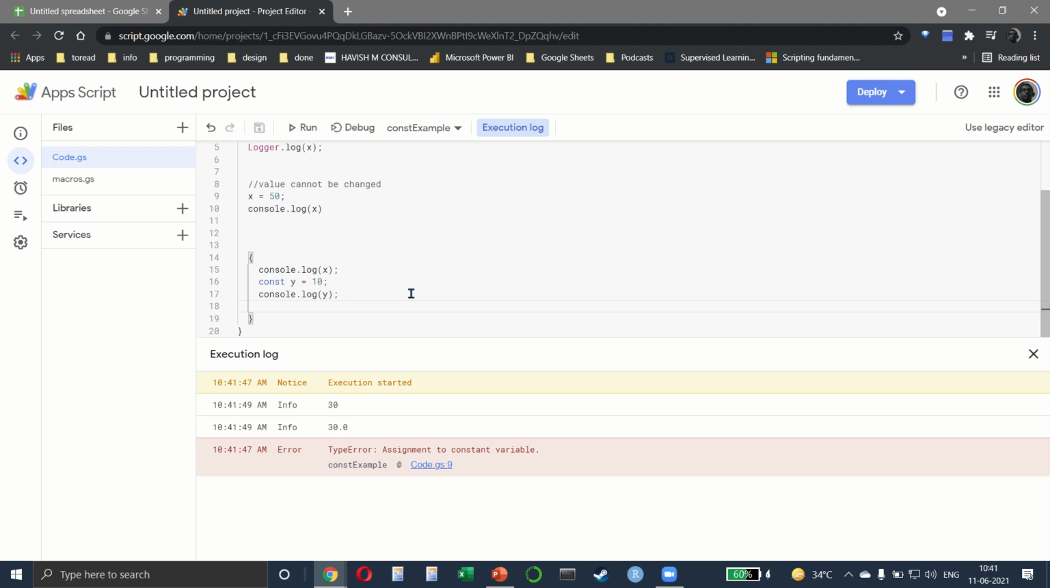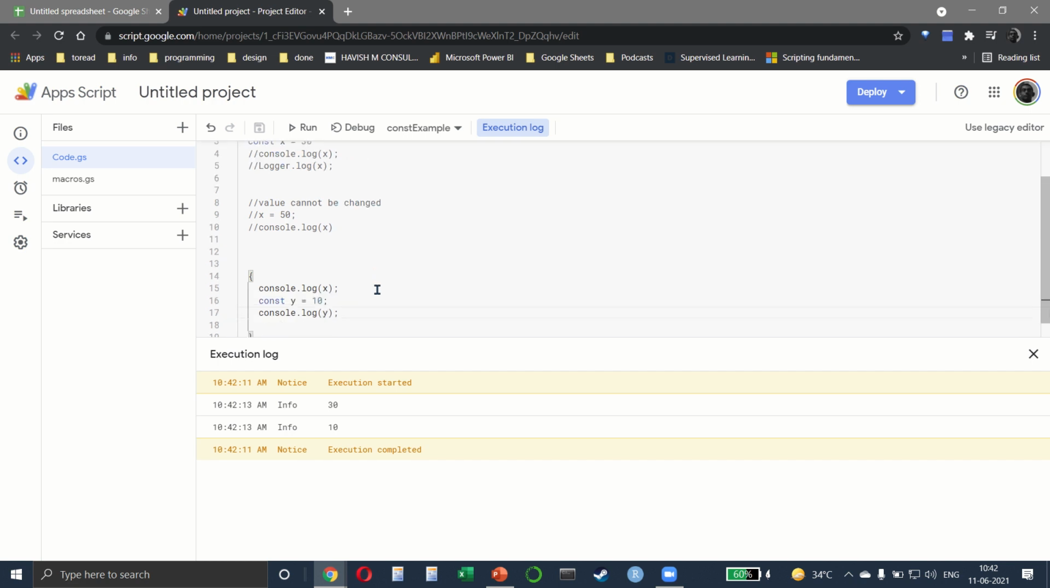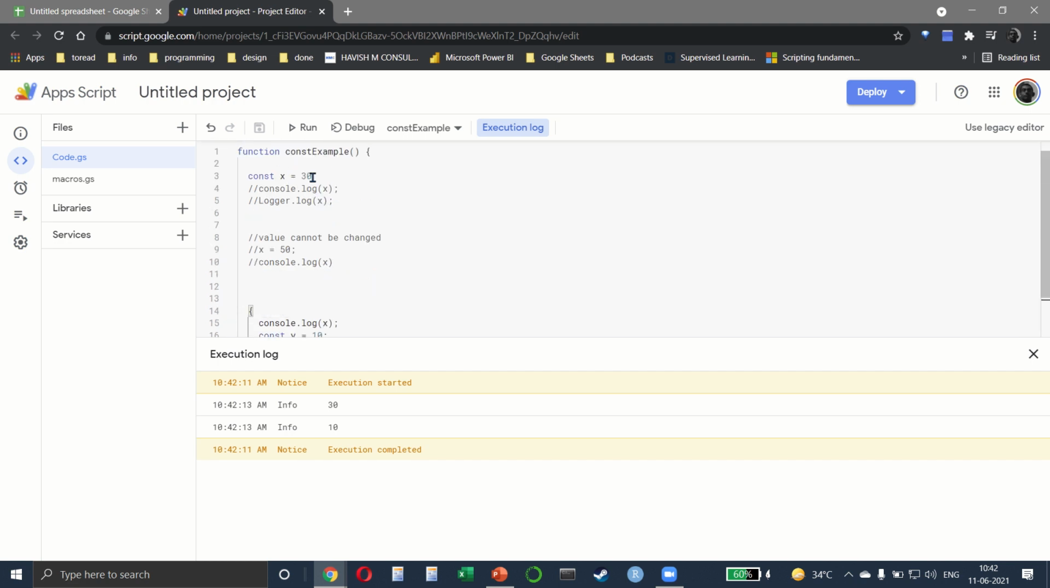Again, you notice that. Let me in fact comment this so you can see this clearly. And let me comment this aspect. Okay, as you can see, it tells us that we have 30 and 10. 30 is the constant for x and 10 is the constant for y. But you have to keep in mind that